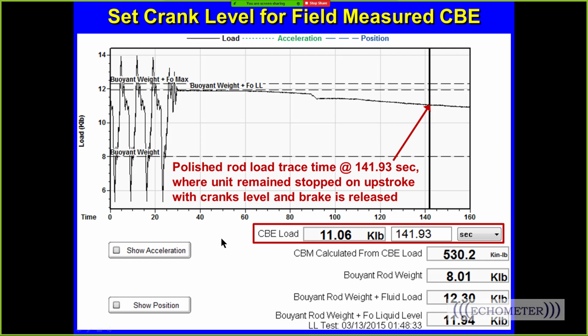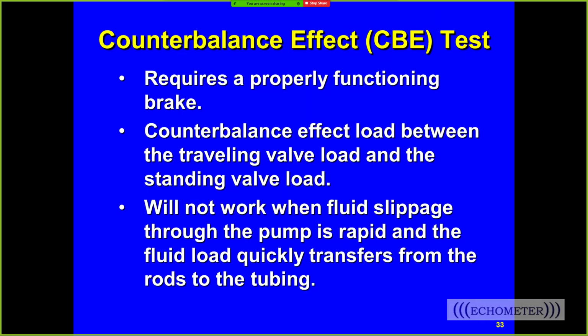All right, so that's the CBE load test. So how does this test have to work? Well, you have to have a brake that works. And I've been on wells more than a few times where the brake doesn't work. And the effect of the weights at the polish rod needs to be between the traveling valve load and the